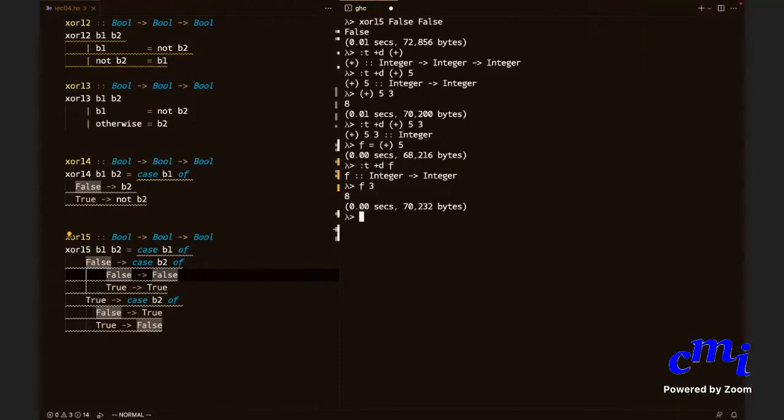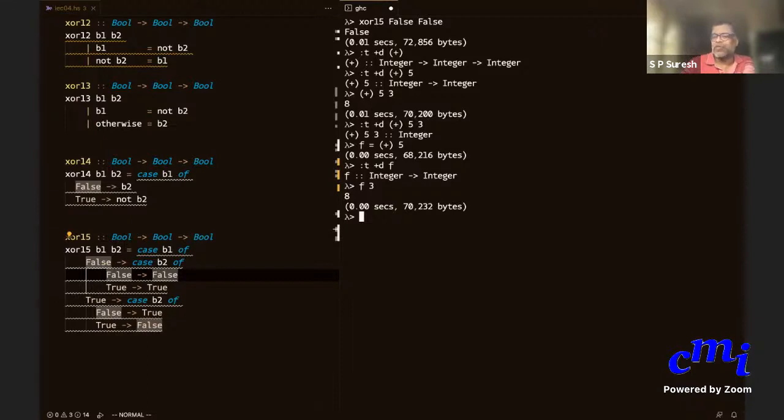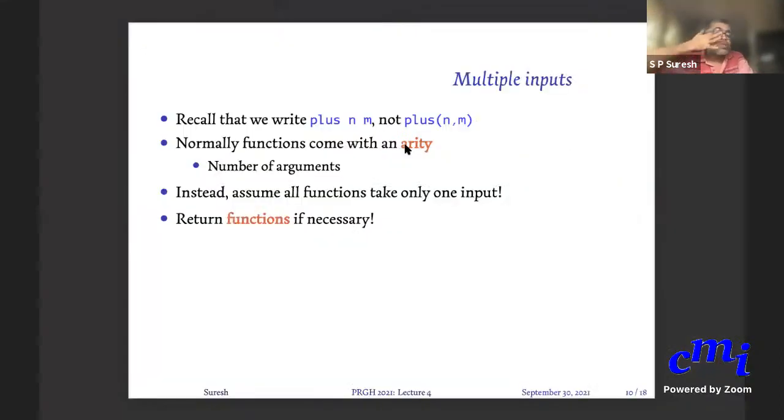So plus 5 tells you, okay, I am going to apply the plus function, but I fixed the first argument. Now I can take any second argument, and my function is adding 5 to the input. So clearly you can have functions like plus which take 2 arguments and add them both. You can also have a function that takes only 1 argument and adds 5 to that argument, no matter what the argument is. But how do you define that second function? You can do it by just applying the plus function on only one input, not both inputs. This is a fundamental concept.